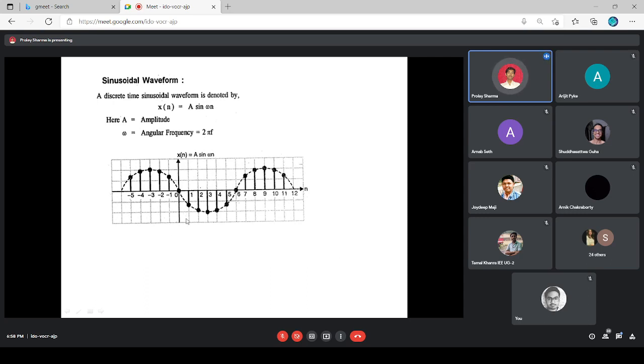Now this is a sinusoidal signal in discrete form. So in discrete form, what will be the mathematical expression? x[n] represents the discrete signal, A is the amplitude, sine omega n is written here. So it is not omega t, this is omega n. If it is omega t, it will be a continuous signal. As it is a discrete signal, it is written omega n. For different values of n, we will get different sample values. But in both cases the angular frequency omega is 2 pi f.